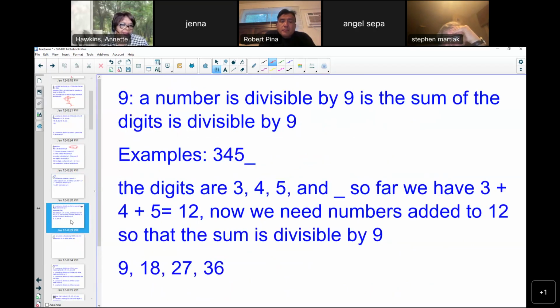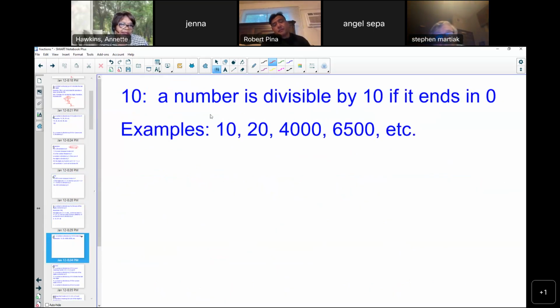And then we have divisibility by 9. The sum of the digits are divisible by 9. And then we have 10 if it ends in 0. So let me go back